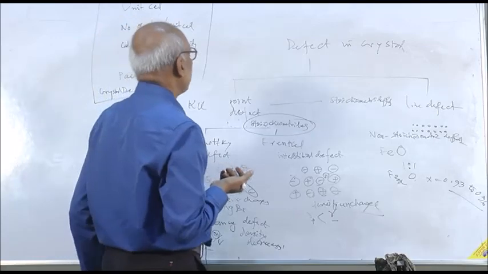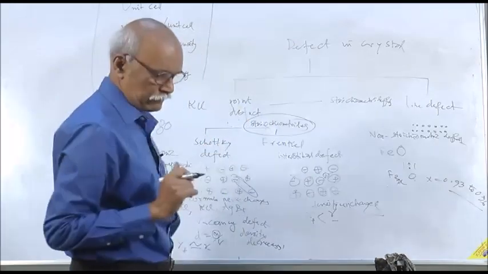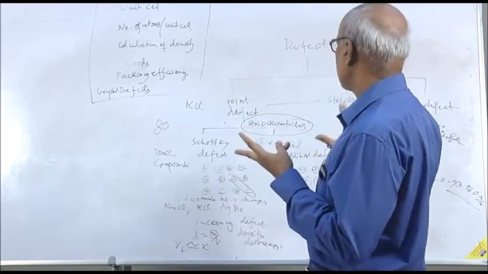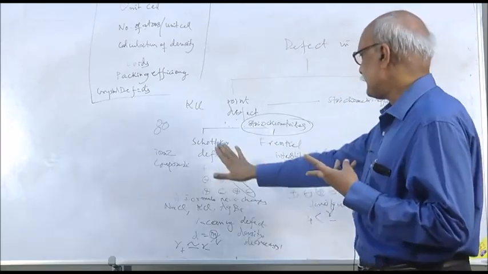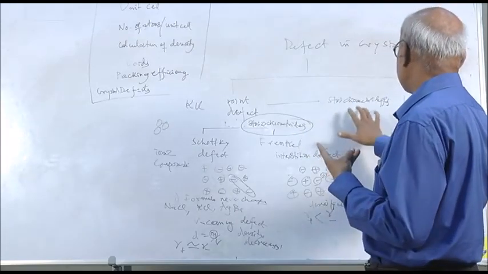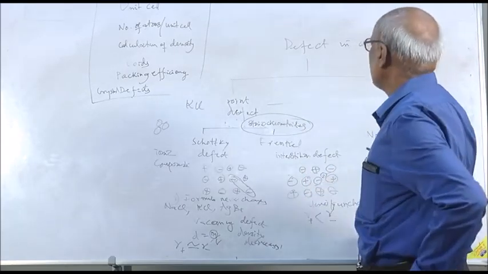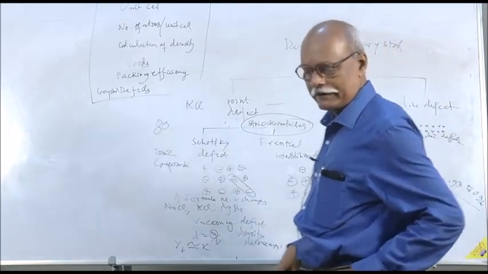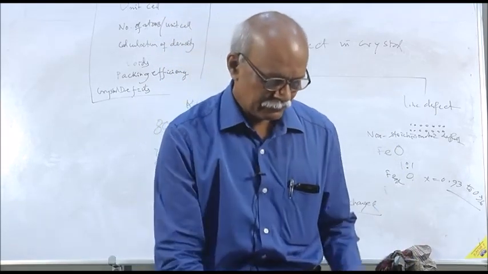Another type of defect occurs due to impurity. Let me conclude. There are defects in the crystal. We get three major types of point defect. One is the stoichiometric defect, that is the Schottky defect and Frenkel defect. Another is the non-stoichiometric defect, and another is the impurity defect. Impurity defect you can know, having your n-type and p-type semiconductors, etc. Thank you for your patient hearing.